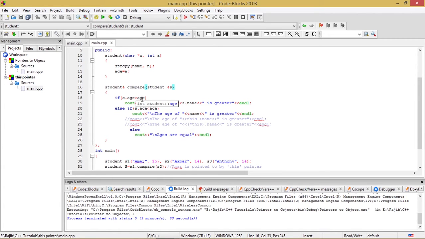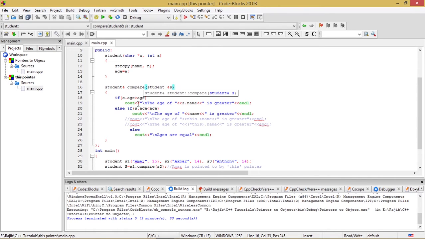So this age is the age data member associated with the calling object of the function compare. This is the data member which is pointed to by the this pointer, and s.age is the age associated with the object whose reference is passed as an argument to the compare function. So this is the concept of the this pointer.